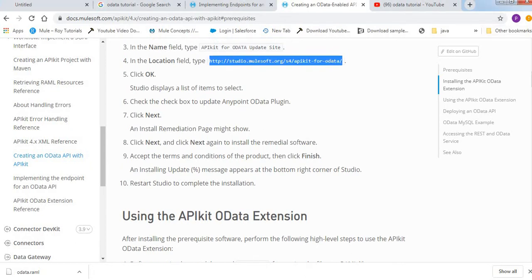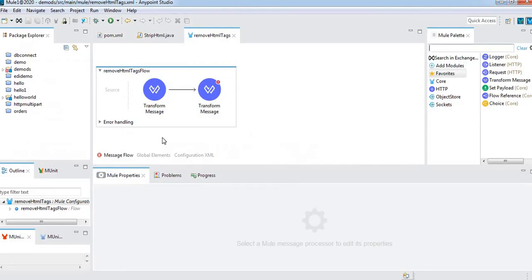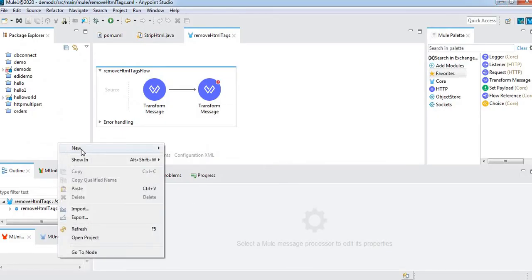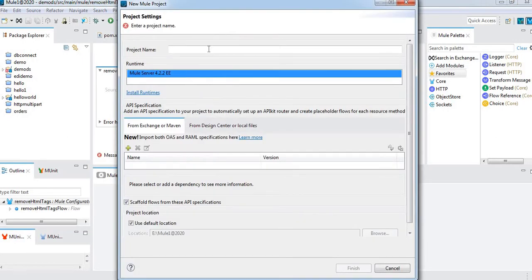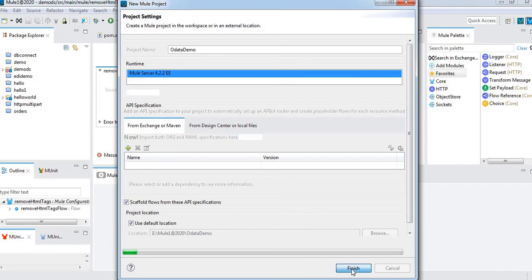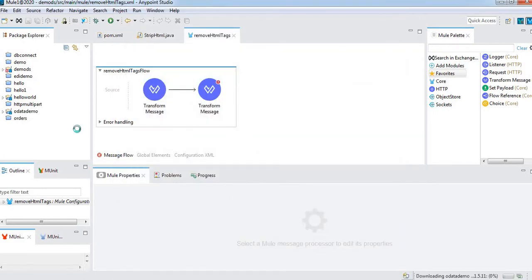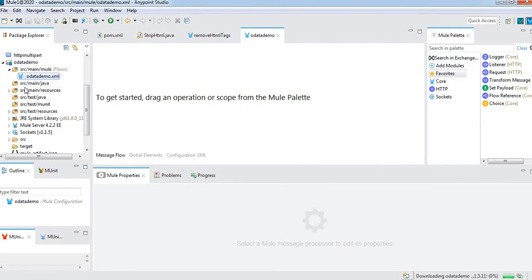So let me see, I have this file. Let me create a new project. Here we can import from a file and RAML.